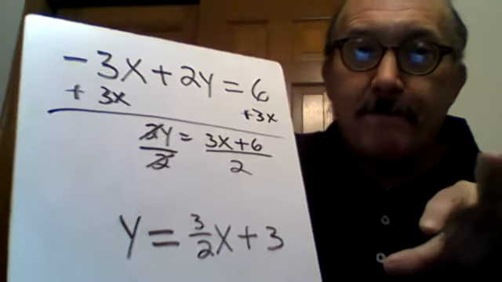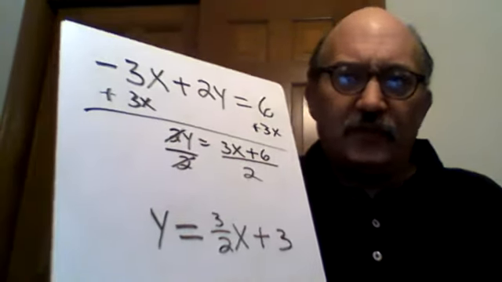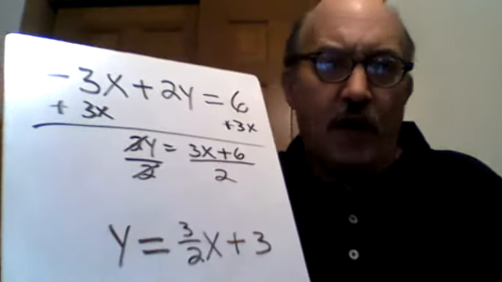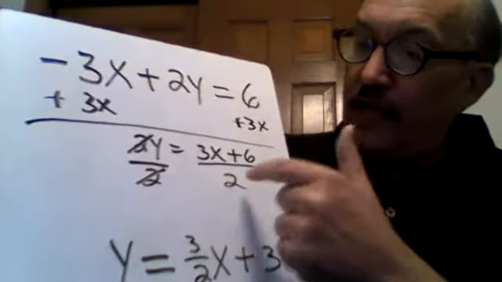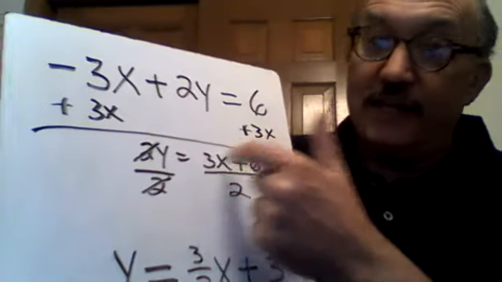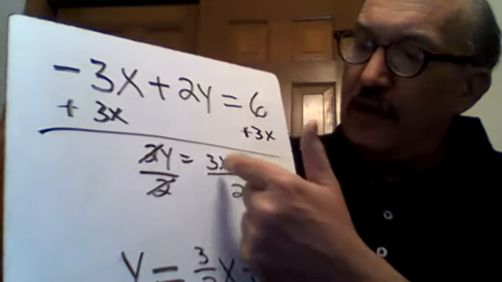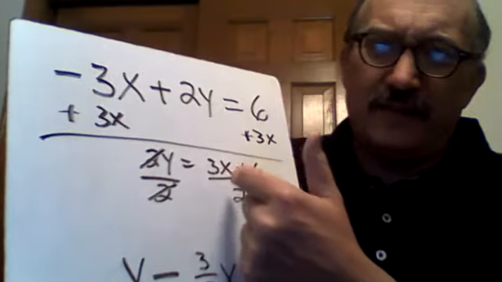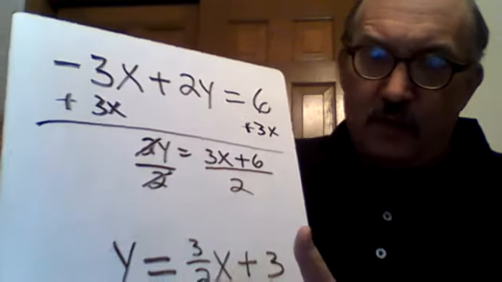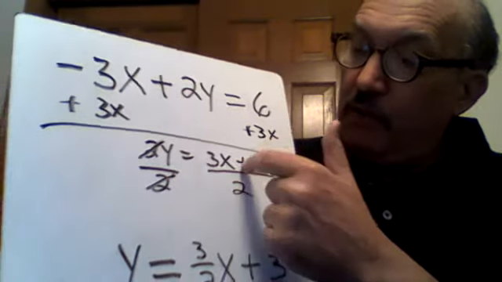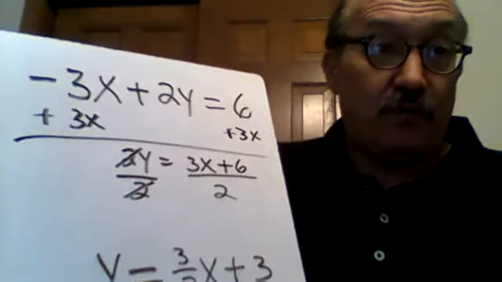But my explanation is not something I don't think you're going to do out on paper. What you're simply going to do is realize that this 2 has to be divided into each of these terms. Well, how do you divide 2 into 3x? So what's 3x over 2? 3x divided by 2. We're going to see that that's 3 halves x plus 6 divided by 2, or 3. Okay,